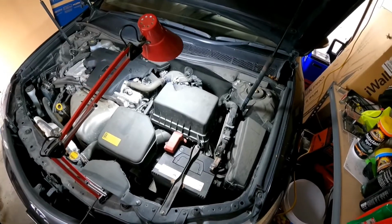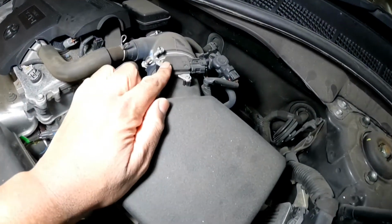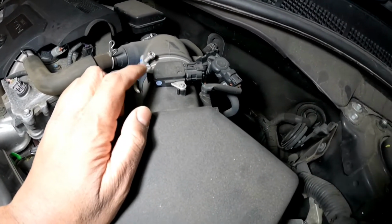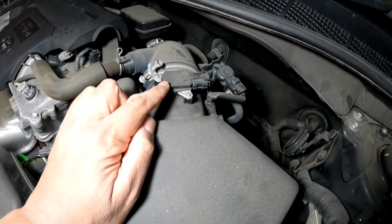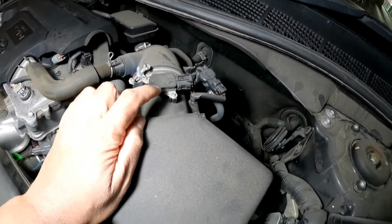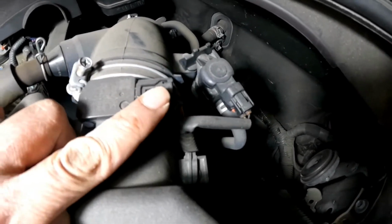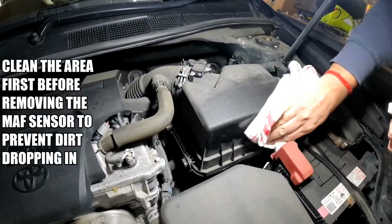All right guys, so the next thing we want to do is clean the mass airflow sensor, which is this one. This is what measures the air-fuel ratio for it to go into the intake system. So this is a very integral part, and if it doesn't work very well, you can get the idling speed drop, or you may get the engine start to stall. So you just need to unbolt this one with 2 Phillips head screwdrivers, and also just unclip this one right here. Just before we remove this mass airflow sensor,